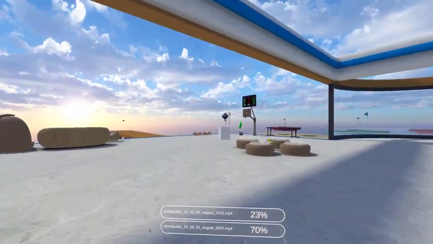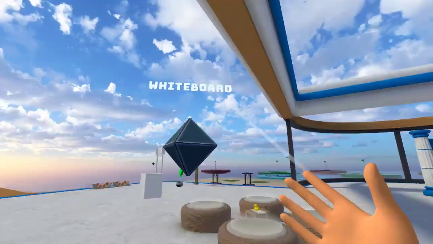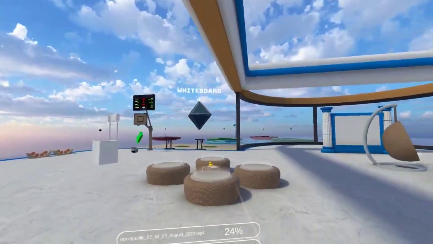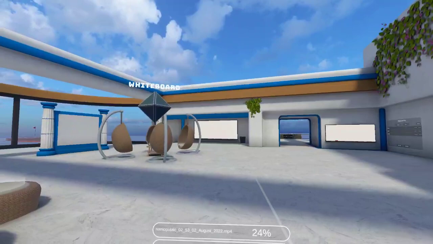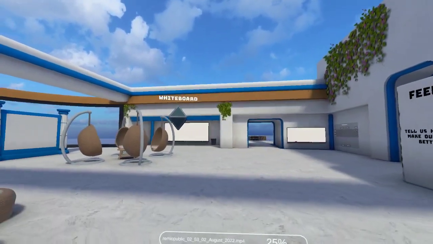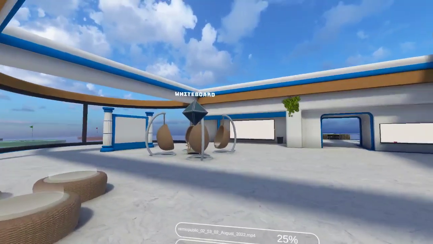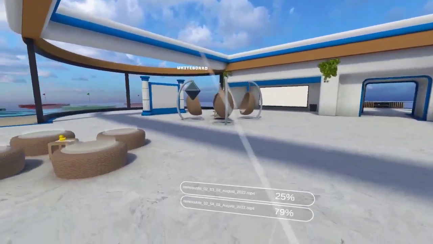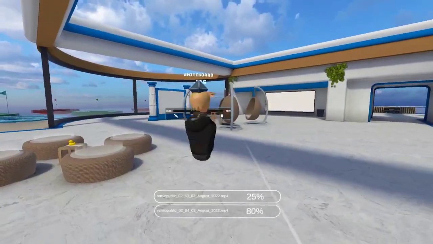So here we go. This is the cube or the wisp, and you can see it's called whiteboard. Now to play it back, if someone new comes in, they can just click on this. And we're still working on the UX to show that you've clicked, but you'll see in a second that avatar